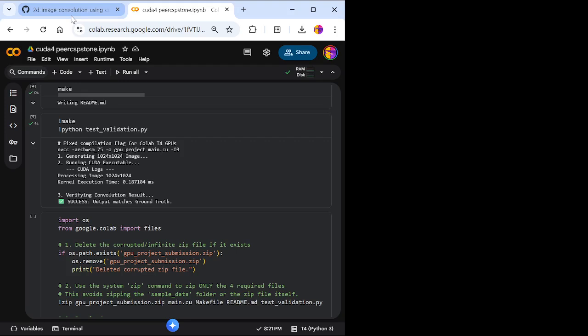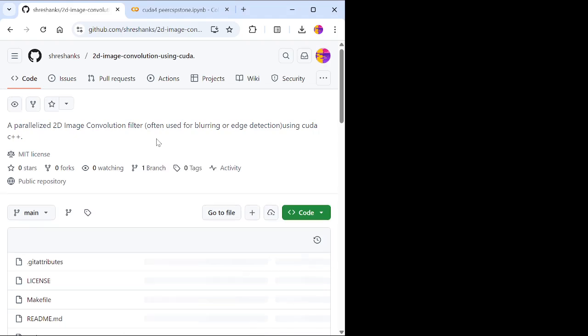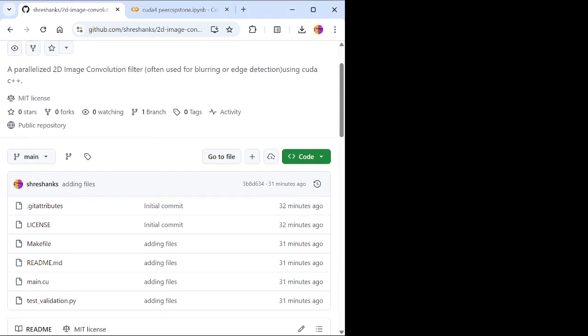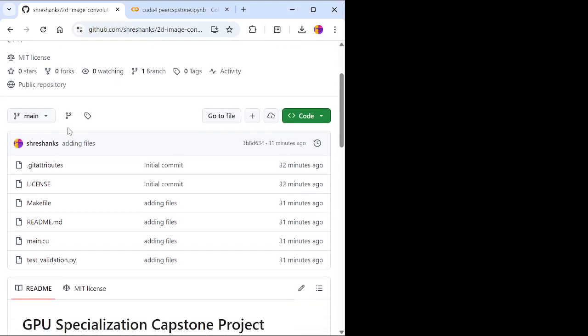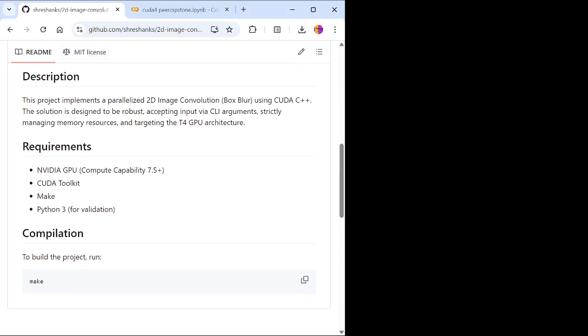To conclude, I would like to mention future improvements. While this global memory implementation is functional, it is bandwidth limited. The next logical step would be to implement shared memory tiling. By loading the pixel neighborhood into the GPU's on-chip shared memory, we could drastically reduce global memory traffic and